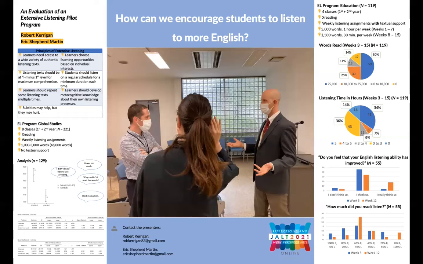And so there is an explanation for this. One is the fact that the higher level students were engaging more in extensive listening. So they had higher scores to begin with, and they were doing more with extensive listening. So this could be a Matthew effect where the rich get richer. These students have already passed a linguistic threshold, so they are able to engage in extensive listening. Whereas the lower level students, maybe they're not quite ready yet to engage in extensive listening. So we need to explore this further.